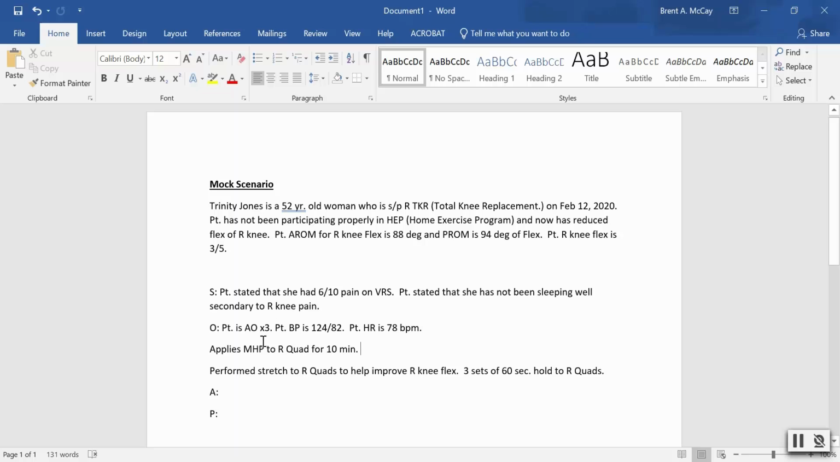So maybe I put a hot pack on them first to kind of loosen up the muscle. Then I perform some stretching on them. Then I performed right hamstrings strengthening